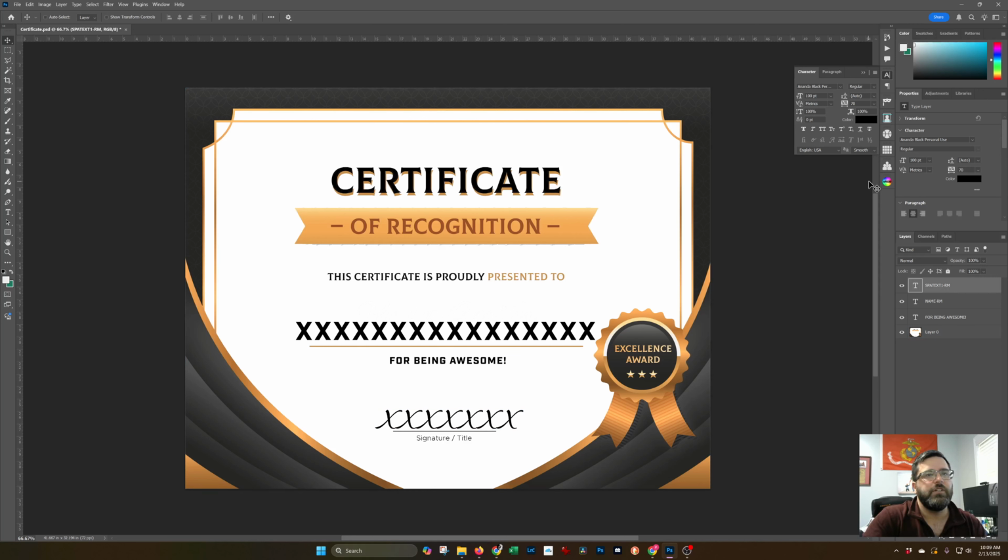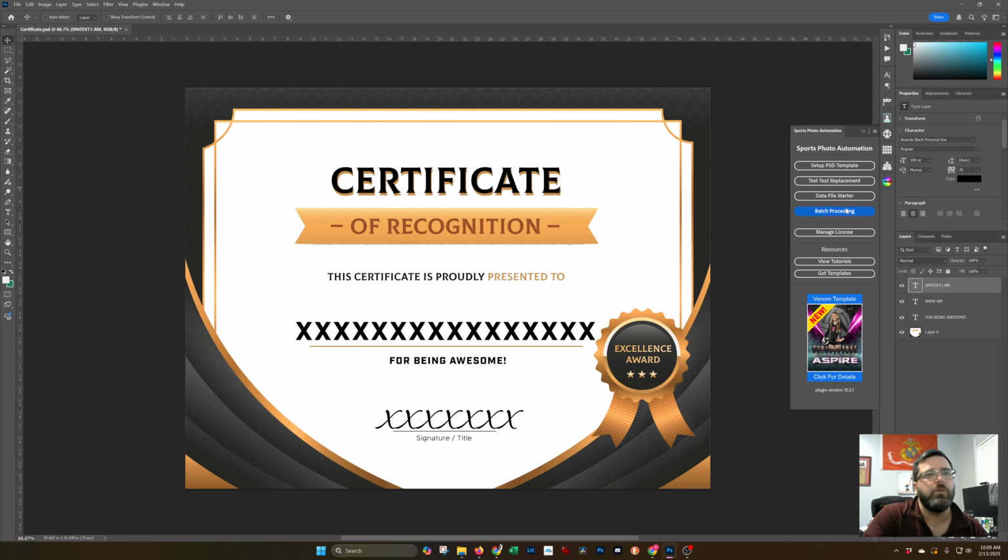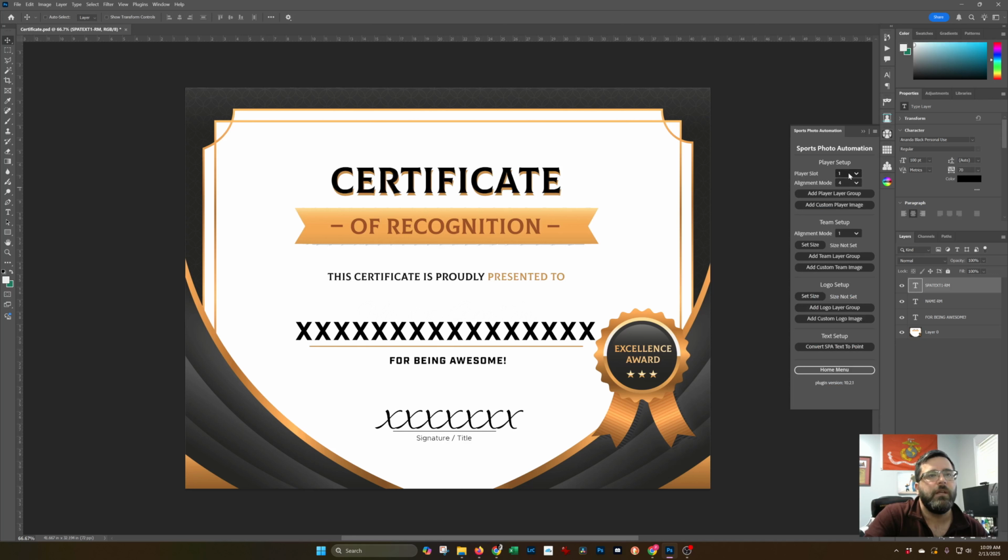We haven't added an image yet. Now, you need to have an image for spa to run. It's just the nature of the beast. So what we're going to do is add an image, using a mode that does not use facial recognition, because I don't want to waste the time on finding a face of an image that's not even going to be seen. So what's the point? What we're going to do is go into here under Setup PSD,